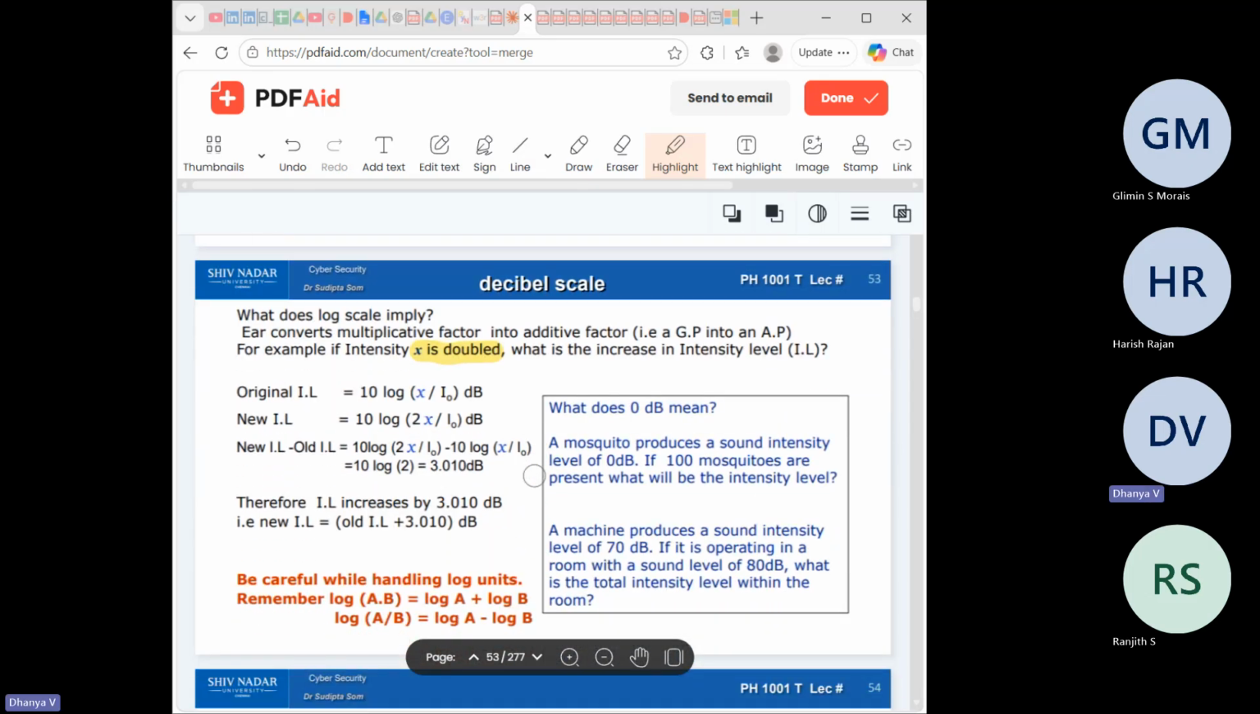Okay. Now they're finding, let the intensity be x now. Then if the intensity is doubled, how much will the intensity level change? That is the question right now. Okay. So